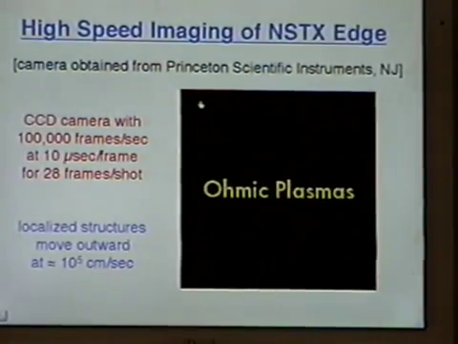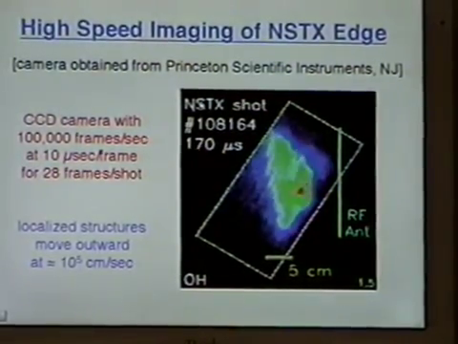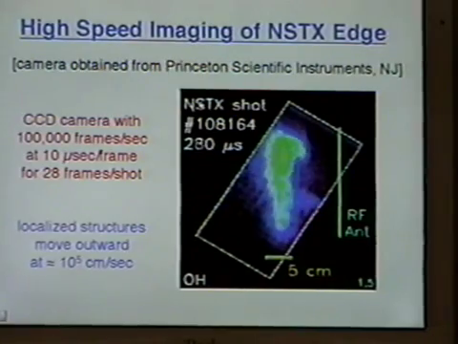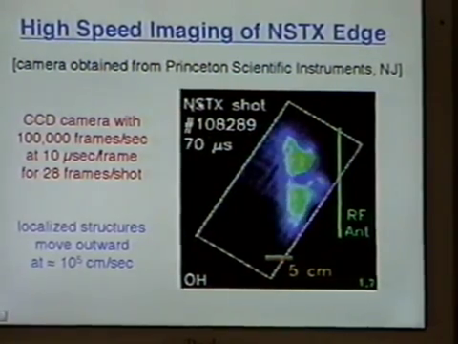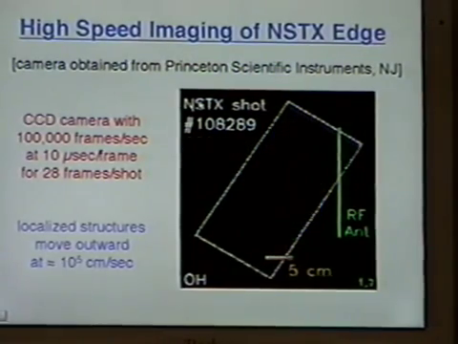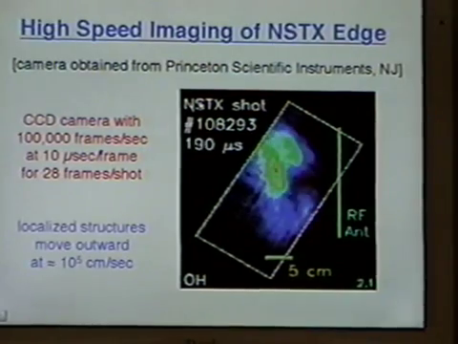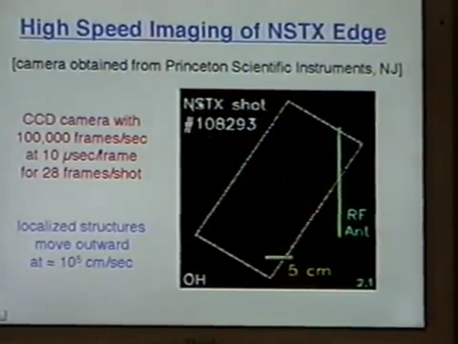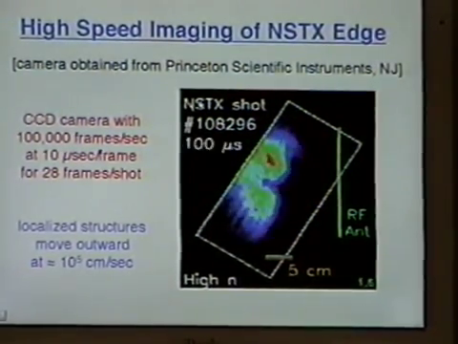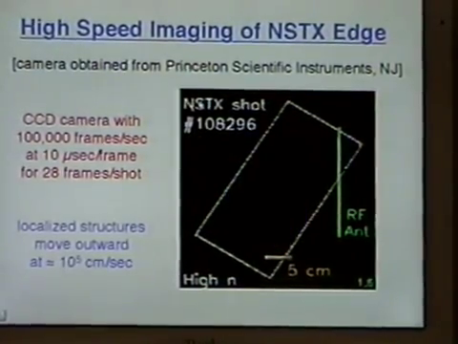All right, so this is a simple type of plasma, no heating. You can see how these things move. You begin to see them. Each one of these little clips is 28 frames, taken at 100,000 frames a second. You can only do one of these little clips per shot, and each of these little clips is from a different shot. There are 5 of those shots. And then the next sequence here is